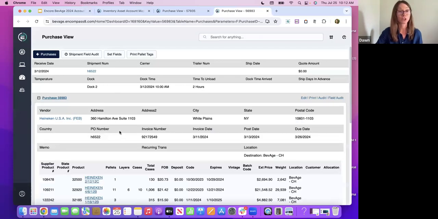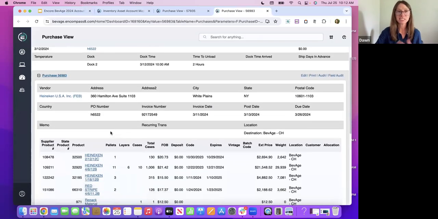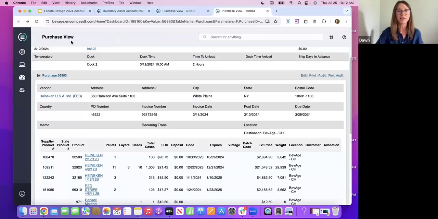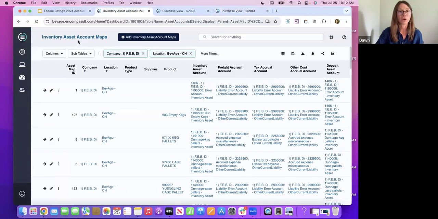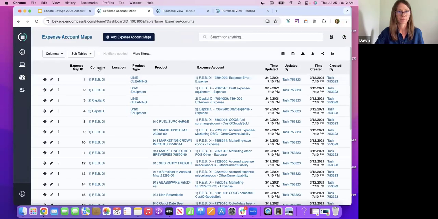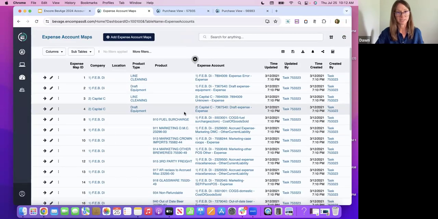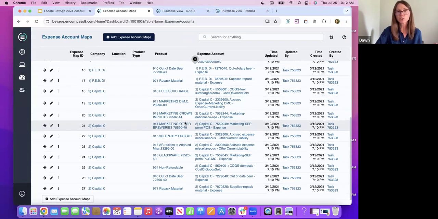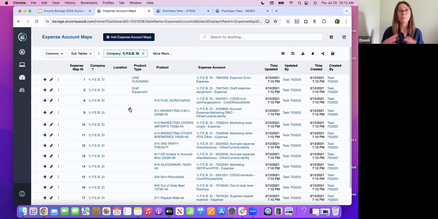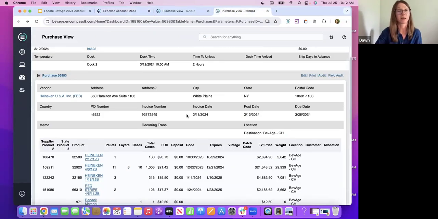So I've got an example purchase here. Same drill as last time. If it's not immediately obvious to me what company this vendor belongs to, I can click on the vendor. It tells me the company is FEB. Awesome. I'll make note of the location, CH. I'm going to go this time to our expense account maps. And I'm going to go ahead and right away, well, let's see, how many maps do we have here? 24. So not super overwhelming, but I'm still going to filter it down, do what I can, just so that there are fewer maps that I'm having to review